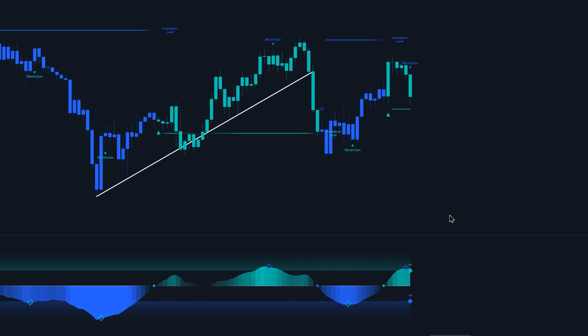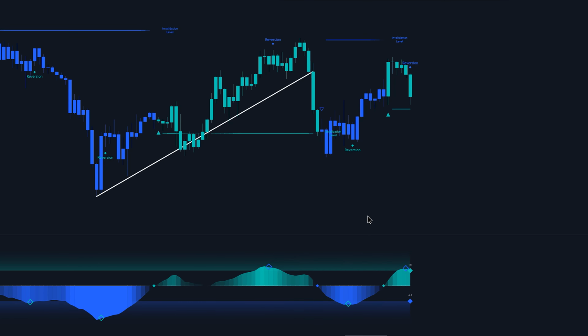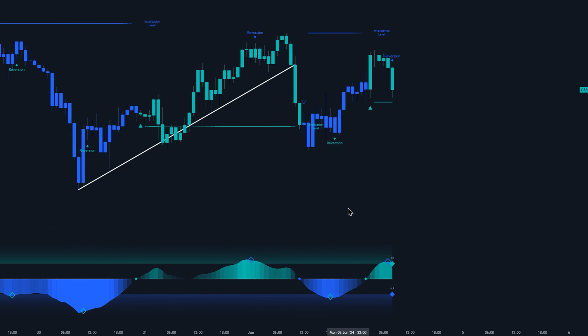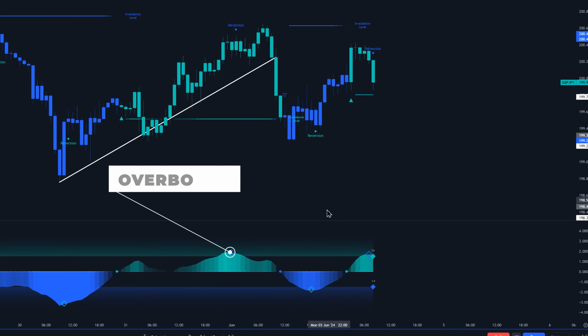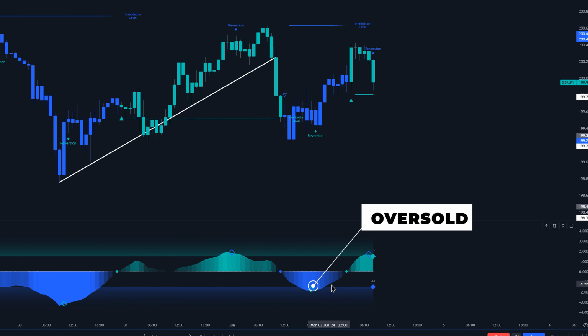So one of the methods that we can use this indicator to trade is using it as a mean reversion indicator. What that basically means is we're going to be using it to identify instances in the market where the price may be overbought or oversold. Combine that with some price action concepts and then try to identify trend reversals based on these price